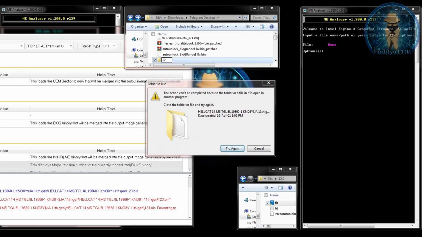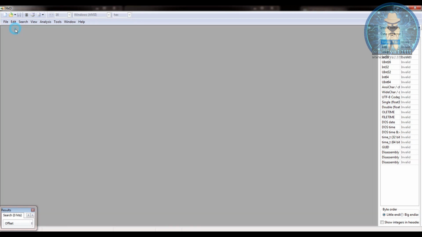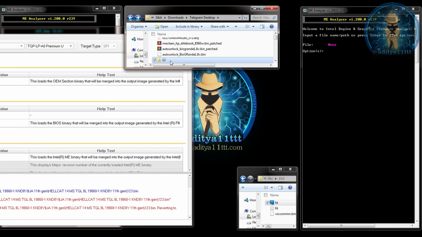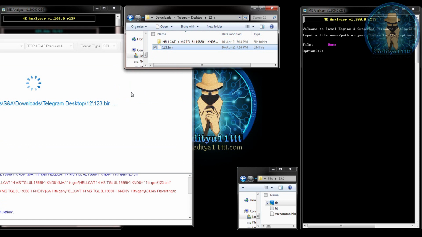This file is open somewhere, that's why I'm not able to change the location. Let me close this and then try again. Now you can see I have changed the location. Okay, now I'll drag and drop the same file again here. Now you can see it is opening perfectly.